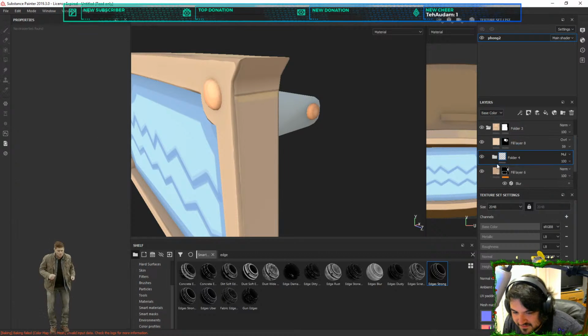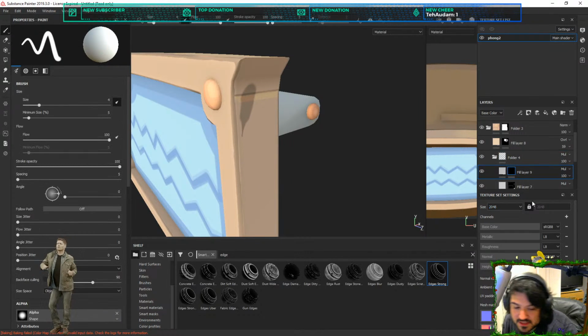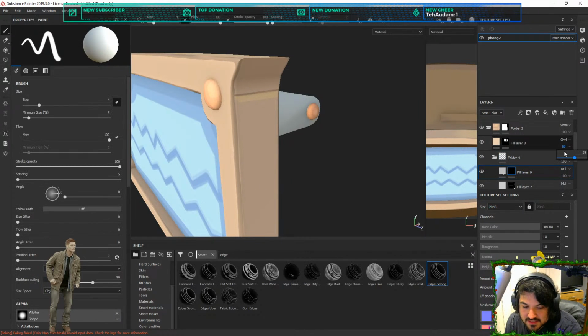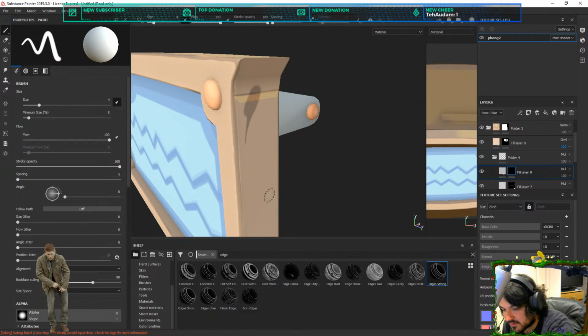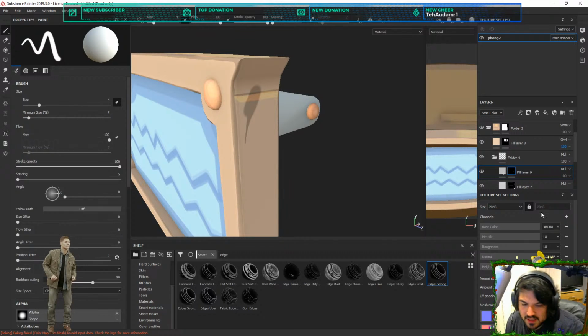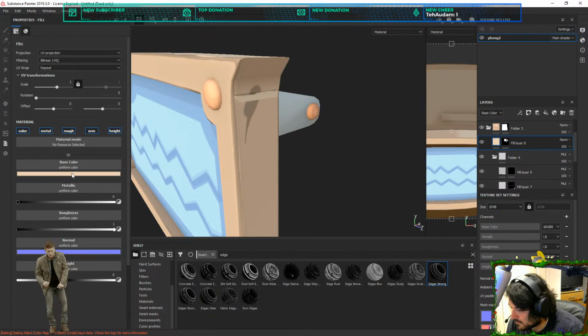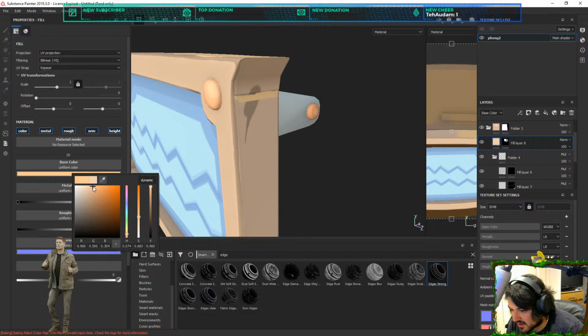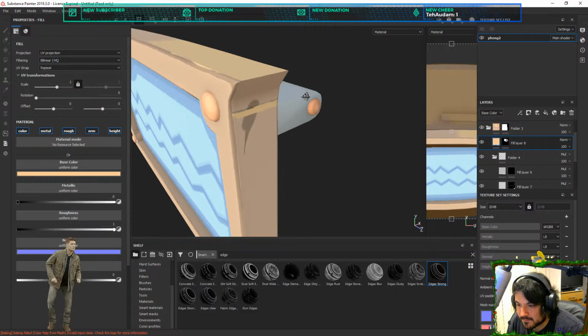Probably have this underneath this, right? That way when I get to adjust this, we don't... Oh, it does. Oh, it does. What if I have that maxed out? Oh, it still does. Right, so we'll set that to a normal layer instead. Get the color we want, like that.